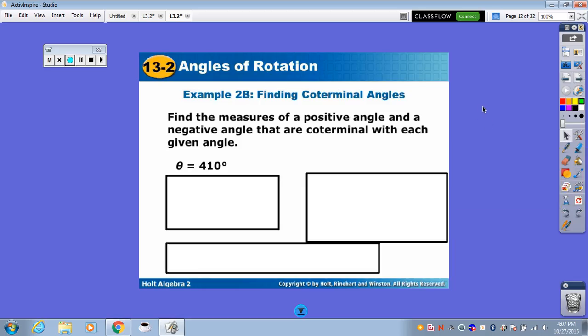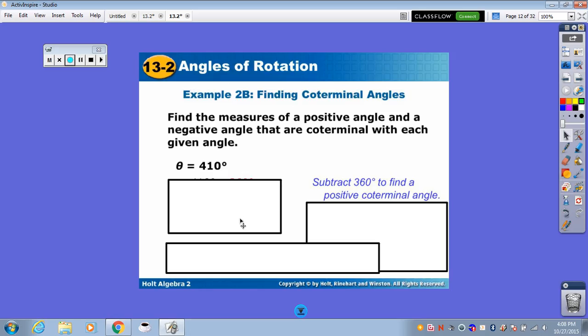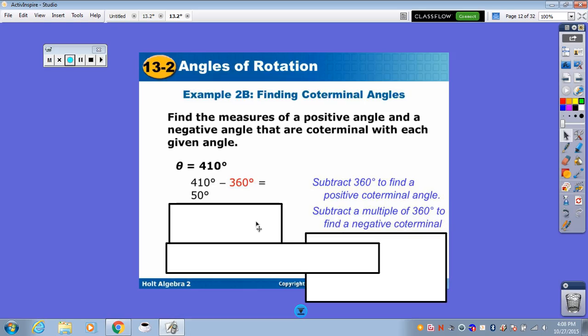Our second one, 410 degrees, our standard protocol. In this case, since it's already over 360 degrees, we can find a positive coterminal angle by subtracting 360 degrees to give us 50 degrees. And then we can go ahead and subtract it again to give us a negative coterminal angle. So we end up with 410